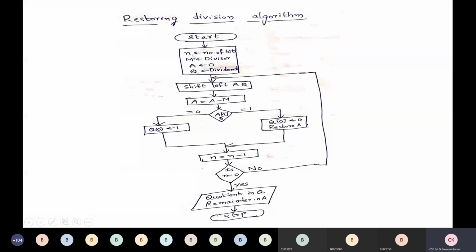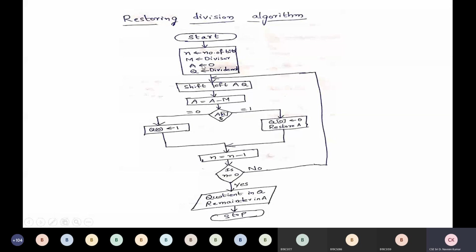Look, n is the number of bits in the dividend, M is the divisor, which in our example is 13 decimal, and A is the accumulator where all the bits are zeros. A may be 4 or 5 bits, all zeros. Q is the dividend, and in it the Q0 bit we also fill with the quotient. So these are the initialization variables. Remember, at the start the accumulator is 0, and we load it number by number, or bit by bit: first 2, next 7, next 8, as we left shift, the values come into the accumulator.